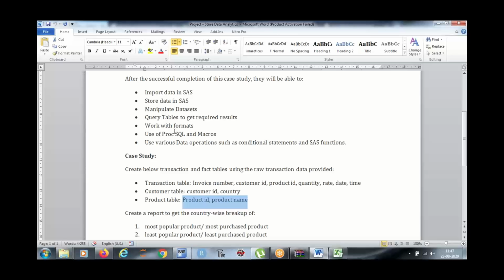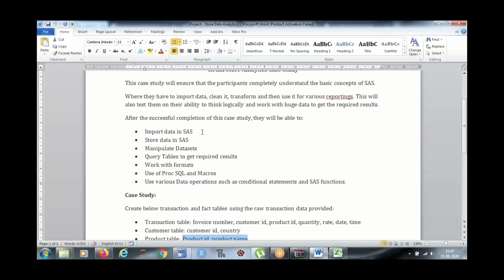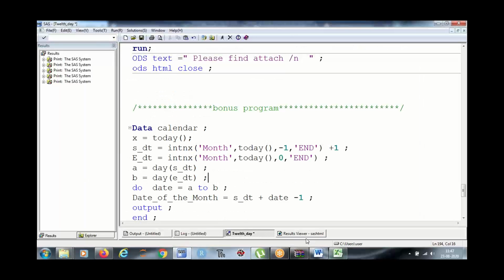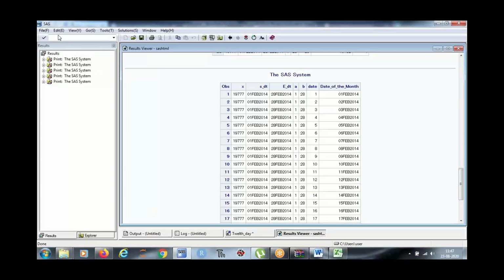For the first question, import data in SAS and create the below transaction table and fact table using the raw transaction data provided. Okay, let me help you with the starting point.